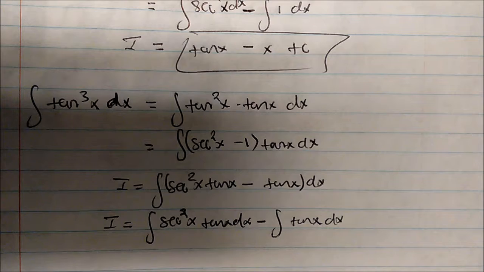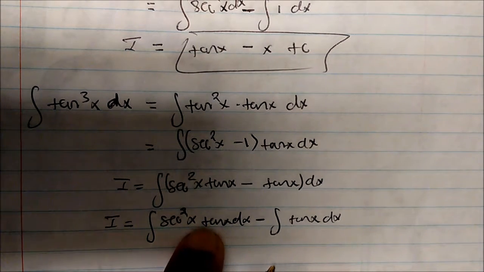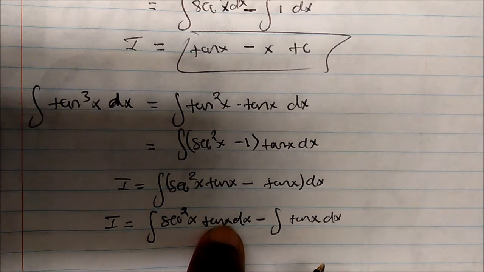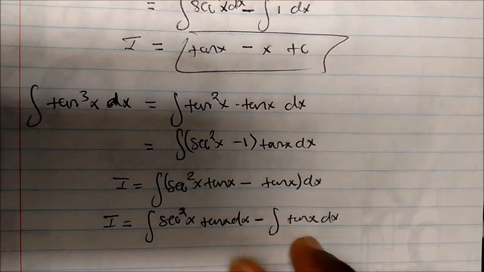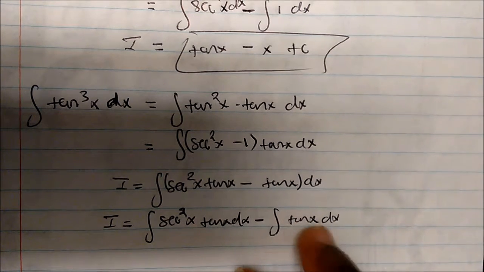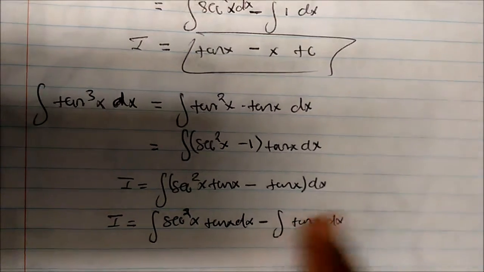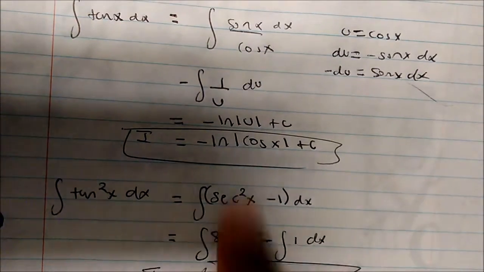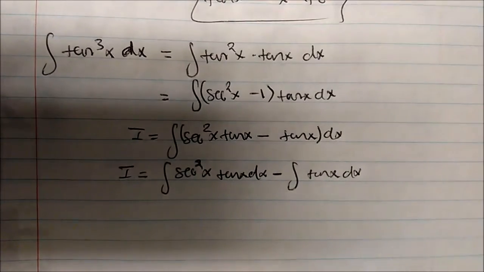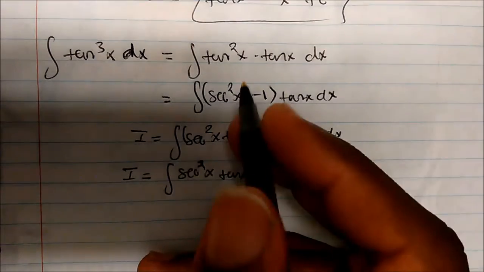So if I look at this, for the first part I could use u substitution, right? If I set u to be tangent of x, then the derivative of that is secant squared of x. Well, the integral of tangent of x we just found a while ago, and so I'm not going to bother to go through the process with this again. I'm just going to copy from here, so hopefully that is okay. Just to make it short on you guys, so you don't have to sit here and watch 20 minutes of